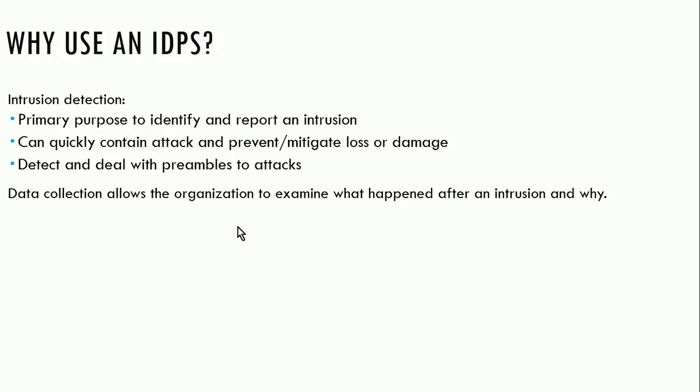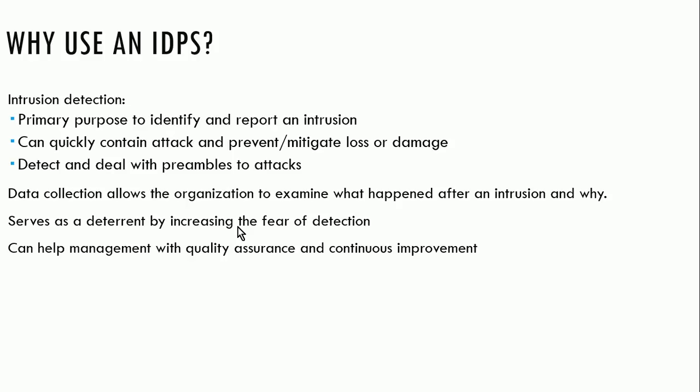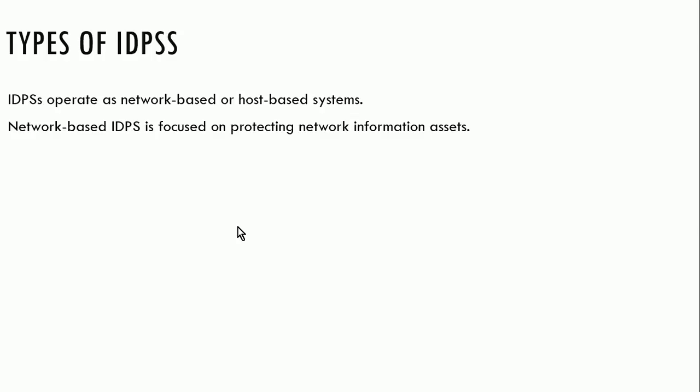Data collection allows you to examine what happened after an intrusion and find out why it happened and how it happened. And it can serve as a deterrent by increasing the fear of detection, which I talked about a little bit earlier. So there are some different types of IDSs. You have network-based and host-based, which I just talked about. Your network-based IDSs are focused on protecting network information assets. In other words, a network-based IDS looks at the entire network,